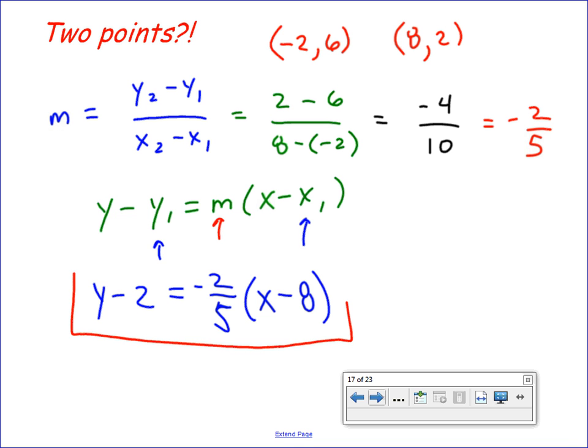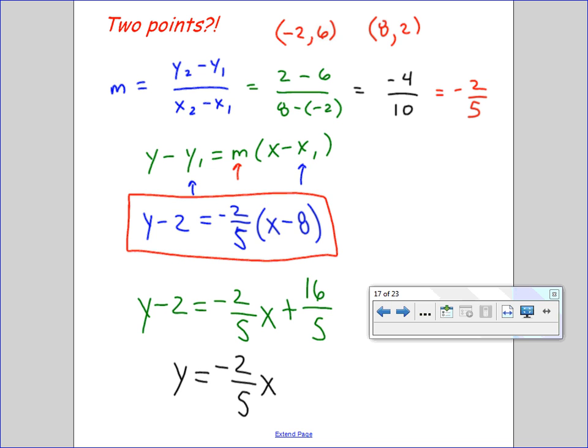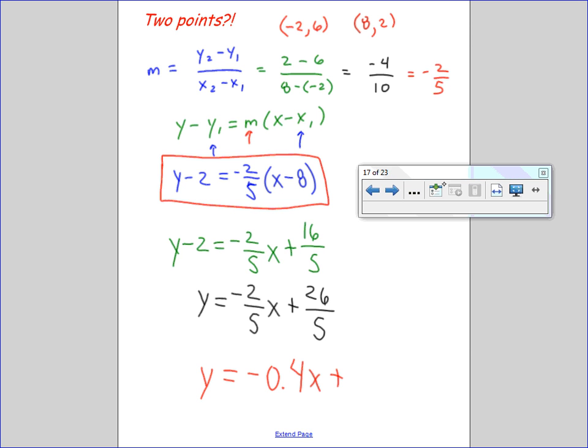If I want to go ahead and write this in slope-intercept form so that I can compare it with my calculator, I'll go ahead and solve for y. So for my line, I would get y minus 2 equals -2/5 x plus 16/5. Adding over 2 to solve gives me y equals -2/5 x plus 16/5 plus 10/5, because 2 is 10/5, equals 26/5. And so that I can compare this with my calculator's answer, I'm going to say y is given by -0.4. Well, I better do 0.4. And then that would be 5 goes into 26 5 times with 1/5 remaining. So 5.2